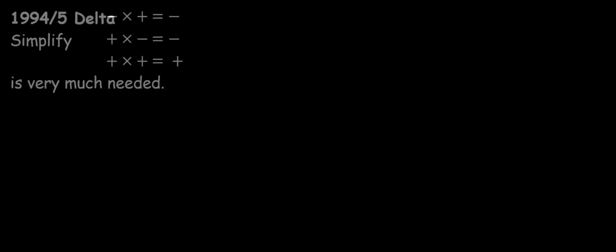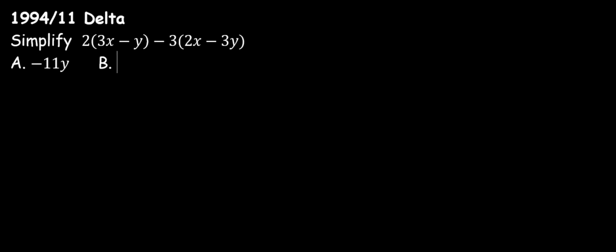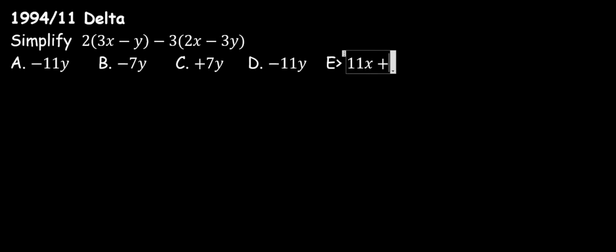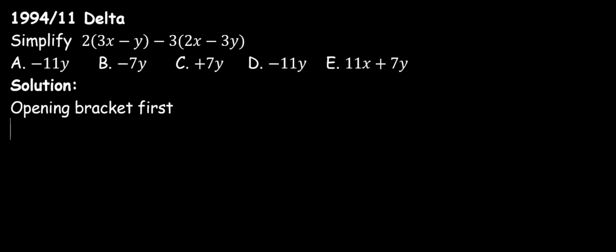Okay. Example. Simplify 2 into bracket open 3x minus y bracket close minus 3 into bracket open 2x minus 3y bracket close. The options are given. A minus 11y, B minus 7y, C plus 7y, D minus 11y, E 11x plus 7y. Solution. Opening brackets first, we have 2 into bracket open 3x minus y bracket close minus 3